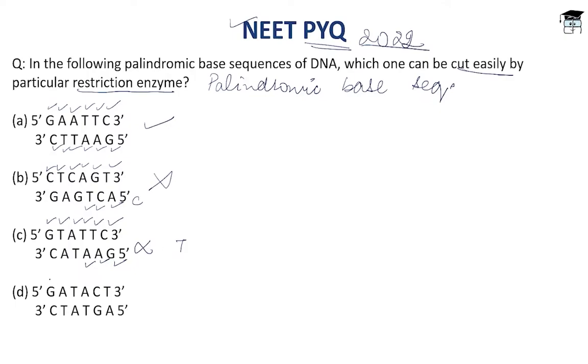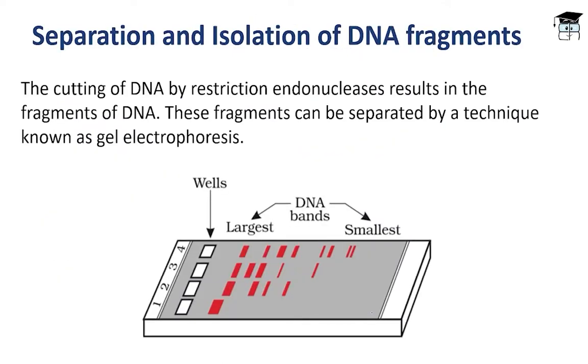Option D, GATACT. No, this should have begun with G, not A. So this is also not a palindromic base sequence. That means the answer to this previous year NEET question is option E. Clear? Okay students, now we're going to study a very interesting topic of this chapter, which is separation and isolation